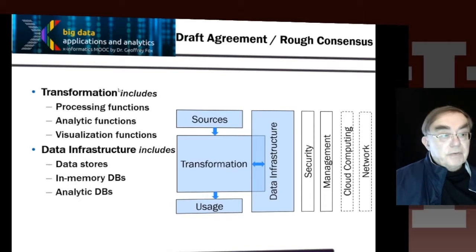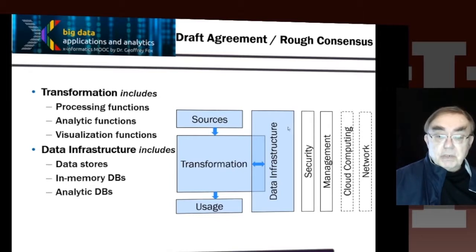Transformation is very important because data, as we have said before, is always transformed. It starts off as raw data, then becomes data, then becomes information, then becomes knowledge, and then becomes wisdom, and then becomes decisions. Each of those steps is a transformation, and each of those steps can have many transformations needed. So transformations are critical, and so these sources needn't be the raw data, they can actually be what came out of a previous transformation.